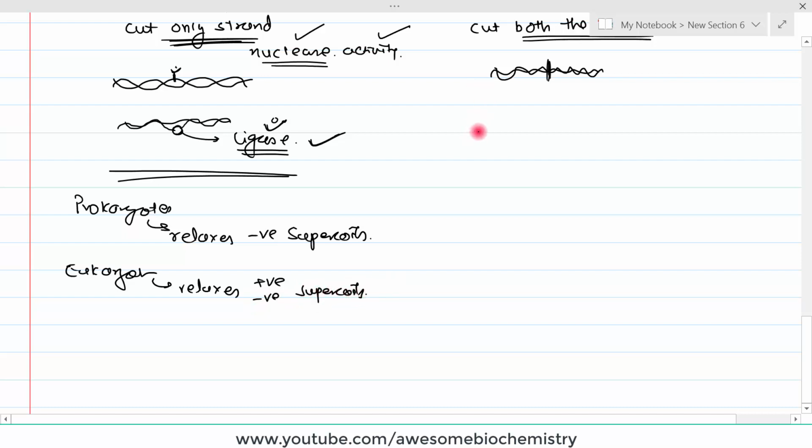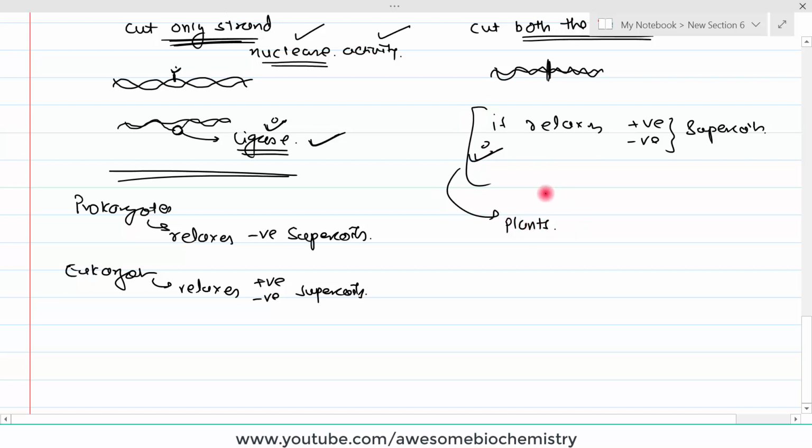In case of type 2 DNA topoisomerases, it relaxes both positive and negative supercoils in both eukaryotes as well as prokaryotes. But in addition to this, it has one more activity: in certain plants or in certain bacteria, this type 2 topoisomerase can introduce